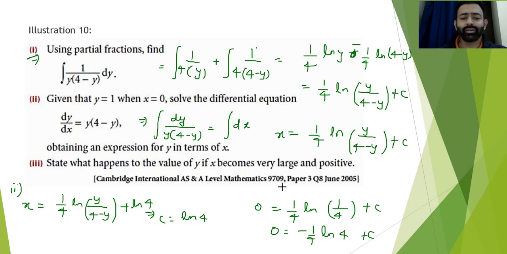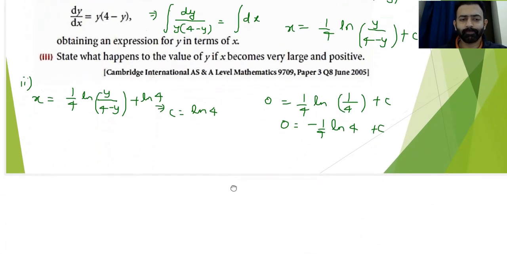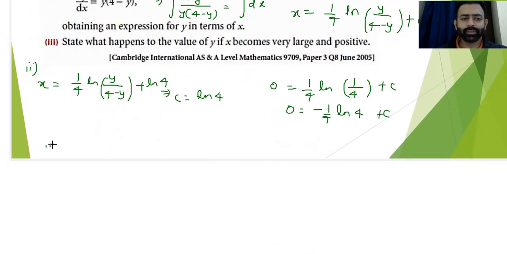Right, here what we have to do is, after converting this raised to power 1 by 4, then applying log a plus log b. Okay, let us do this. The third part is we have to express the value of y if x becomes very large and positive. So basically we have to express y in terms of x. Okay, so if x is this, now I'm applying the